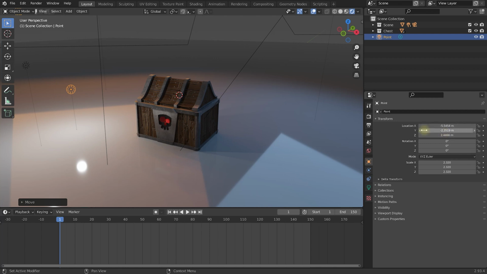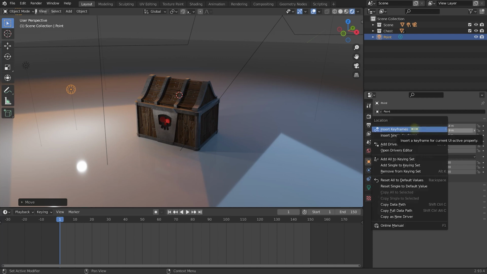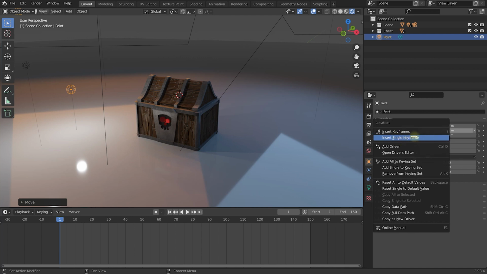Now I want to create a keyframe, and you can do that simply by right-clicking on any property or any property group in your Properties panel. So right-click and select to insert keyframe. The shortcut key for that is I. You also have the option to insert a single keyframe, and we can ignore that for now, but what it